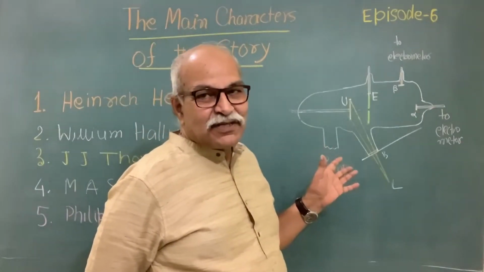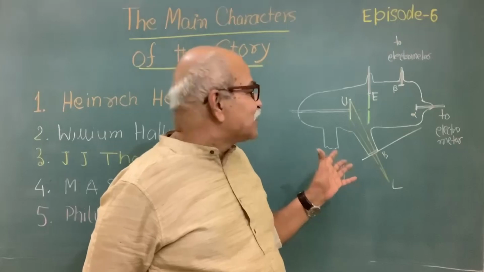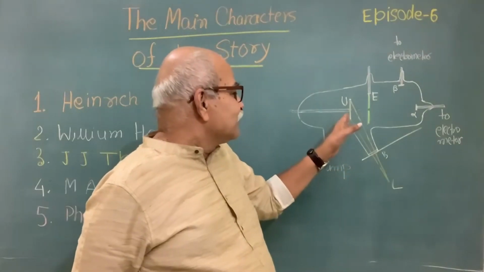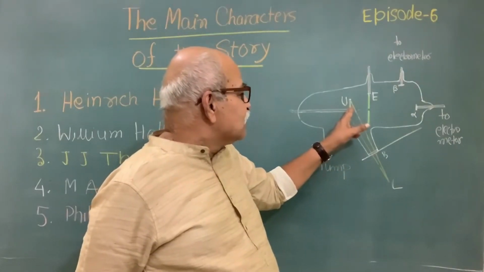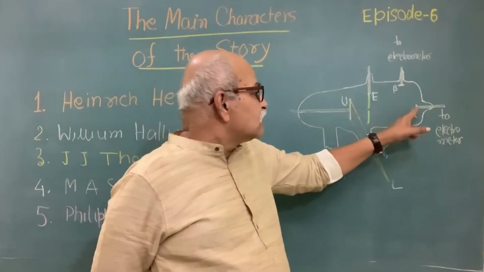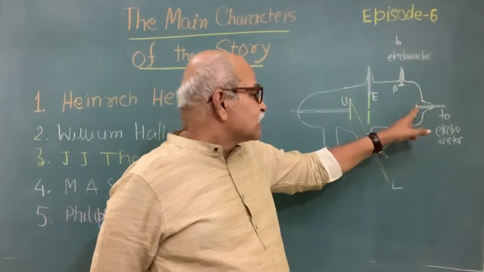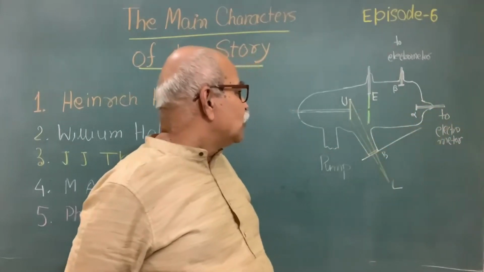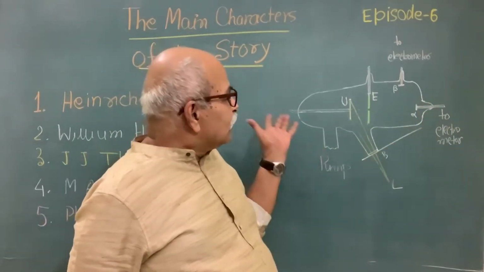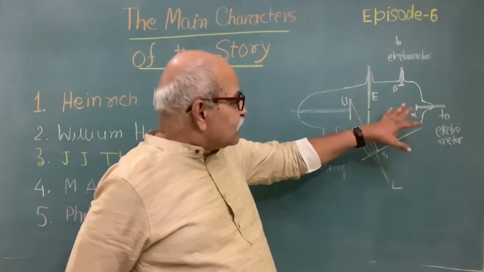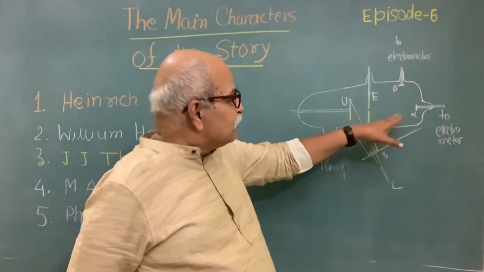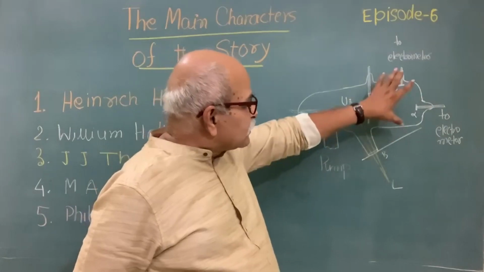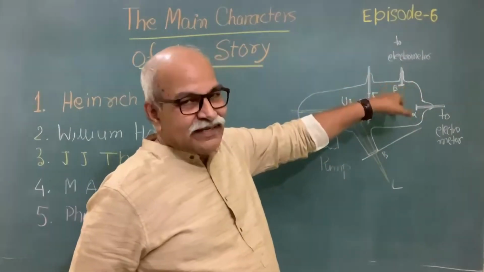This experiment was done and reported in 1902. So you have a kind of charge which is deposited here, and you can measure how much is that charge in how much time. So Lenard had studied that,